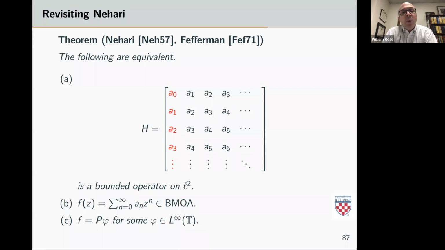So there's kind of a way of understanding Nehari's theorem and Pfefferman's theorem. I'm not doing it justice. I covered the proof of Nehari's theorem just to show you the depth that's required to do that. But anyway,